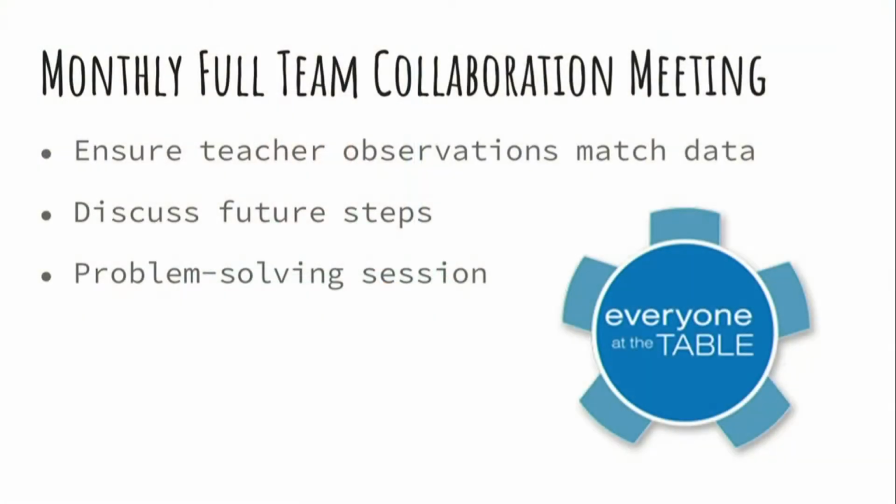We also have a once monthly meeting, which is a really great collaboration time, which is all students who work at a specific grade level. For example, if we're talking about a first grade student, all first grade teachers, all counselors, all special education teachers, and then that Tier 2 team all sit down together for a collaboration meeting to talk about all the first grade students who we have academic or behavioral concerns about, or who we just feel could use some additional support. And that's another time where we talk about what this teacher is